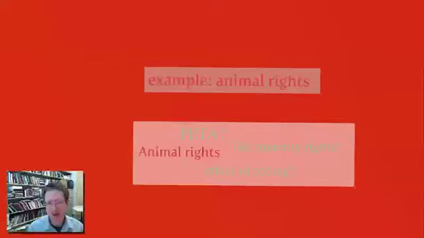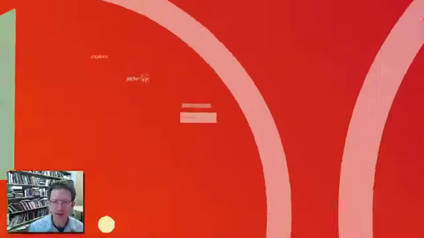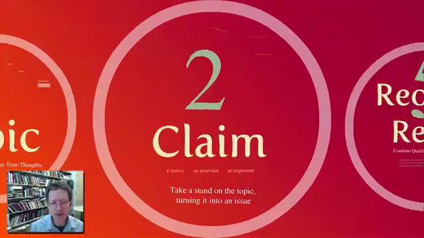Let's say my topic is animal rights, and I've done some reading on this, maybe seen some YouTube videos, or maybe read a scholarly article or whatever, and the discussion brings up things like the role of PETA, the people that protect animals, and there's a discussion about whether animal rights are like minority rights, and then there's issues of ethics. There's a lot of ideas that are surrounding the general topic of animal rights, and I've got to focus in on one of those and make it something that I'll make a claim about. Okay, so that leads to the claim.